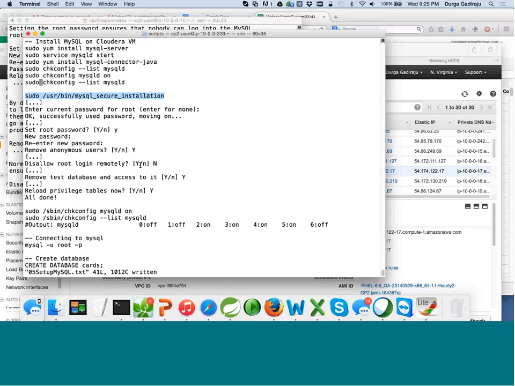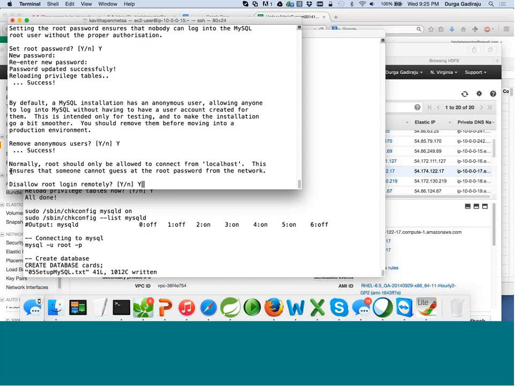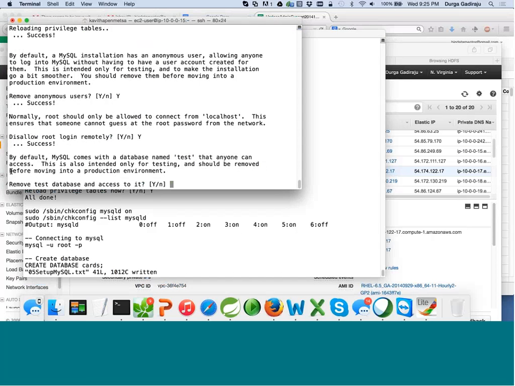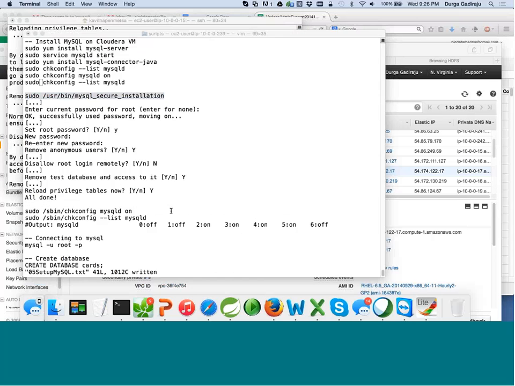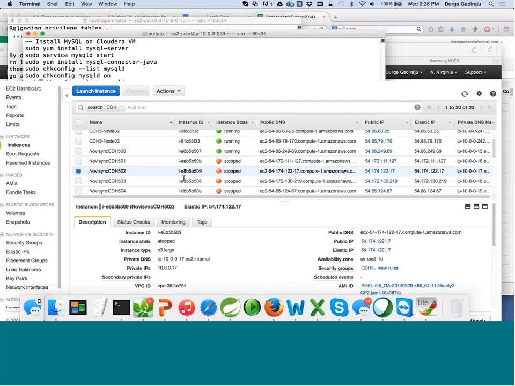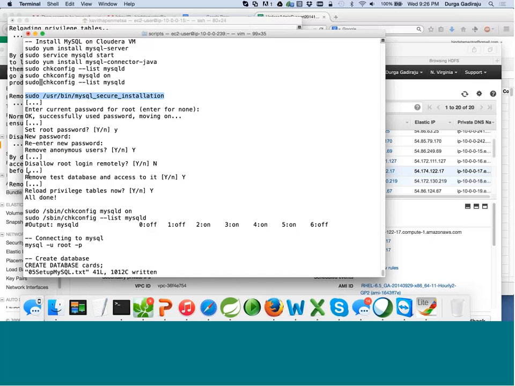We have to disallow that, so no one can log into the MySQL database as root from other machines. But here I am allowing it. Remove test database and access to it. You can do whatever you want here, and I am just following these steps. Yes,